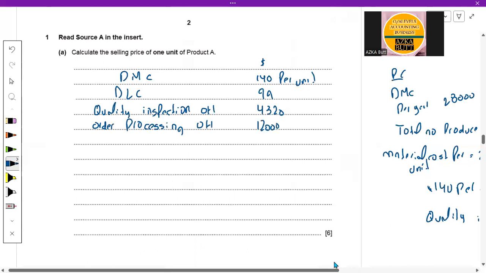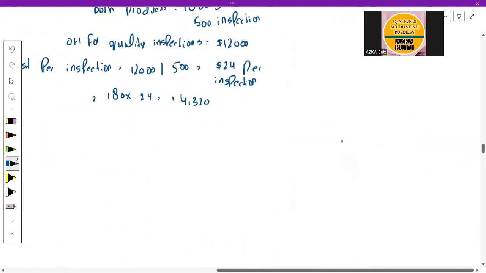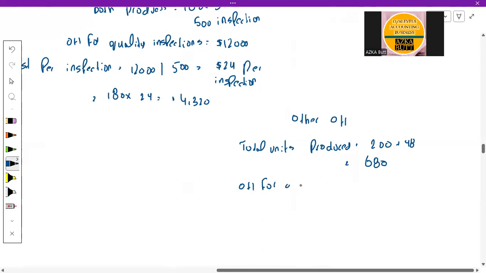Okay, and let's talk about the other overheads. So total units which was produced for product B was 200, and for product A that was 480, and this would give you the total number of units, which is 680 units, and overhead for other expenses, which is 37,400. Cost per unit